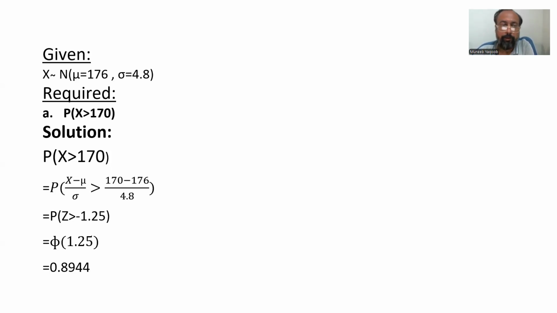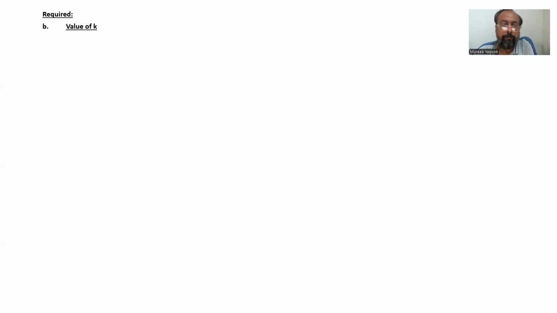Okay, now what about the second part? In the second part, we need to find the value of k. What was given? We were given that the probability of 170 less than or equal to x and x less than or equal to k is equal to 0.6. Now if we want to calculate the value of k, again we will